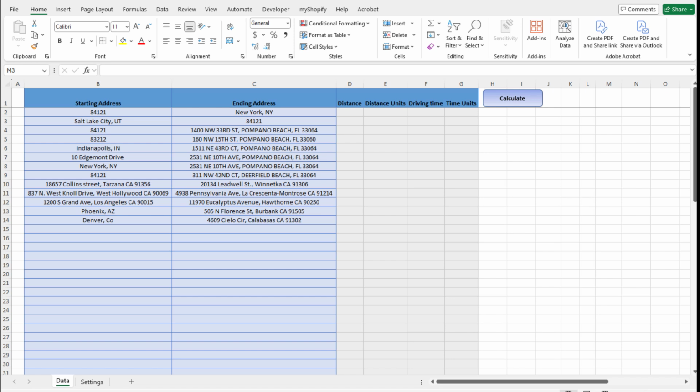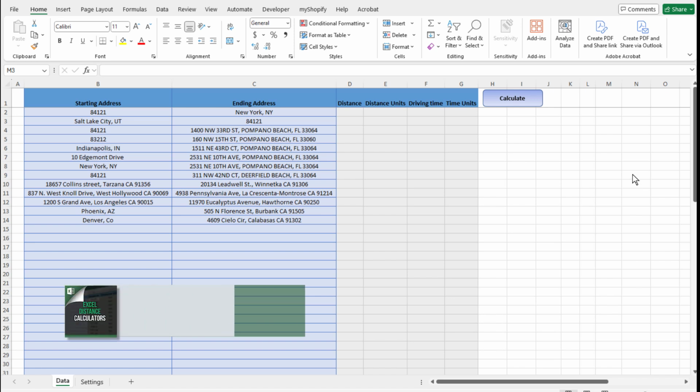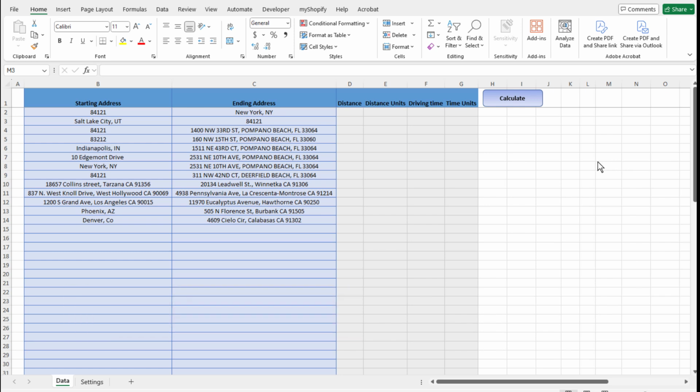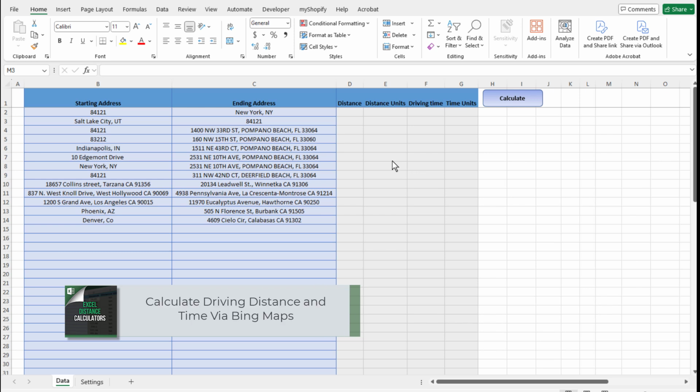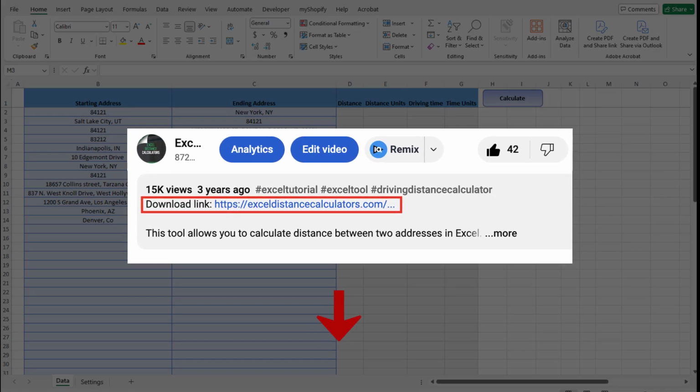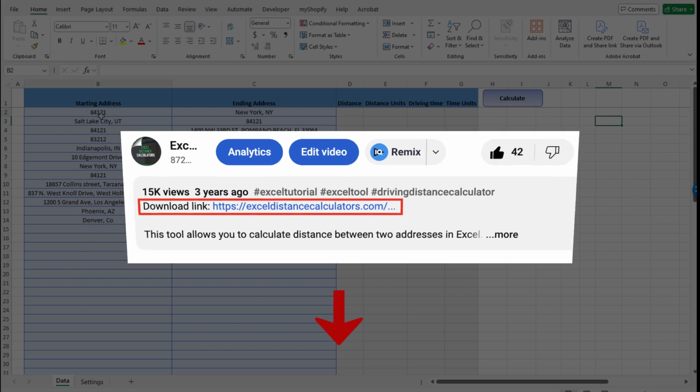Today's tool is actually different from a lot of our other tools. It's a Bing Maps API tool. It is a driving distance calculator with Bing Maps. What the tool allows you as the user to do is to calculate driving distances and driving time via Bing Maps. Again, you will need a Bing Maps API. I'll put together another video on how to do that. But once you do that, make sure you download the tool from the description, and there should be a link in there. And once you download and open it,